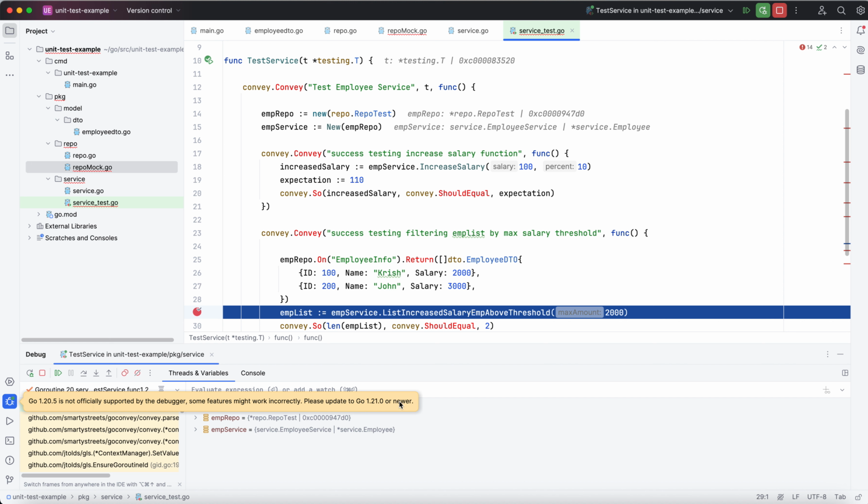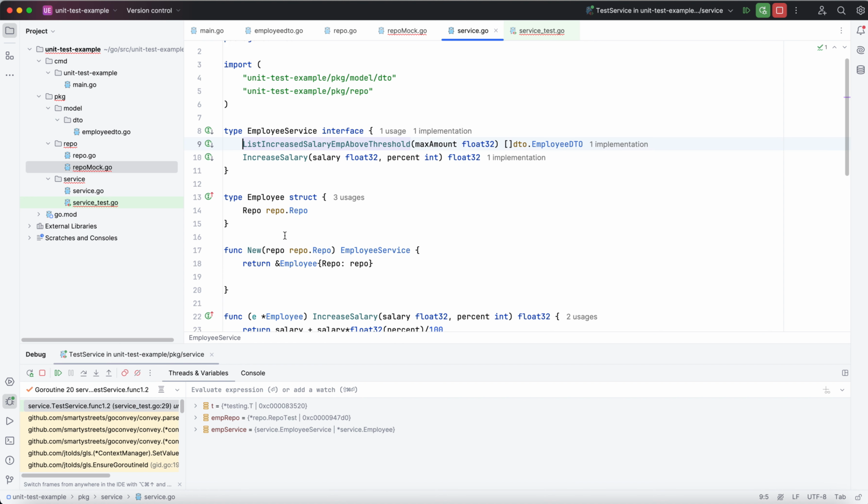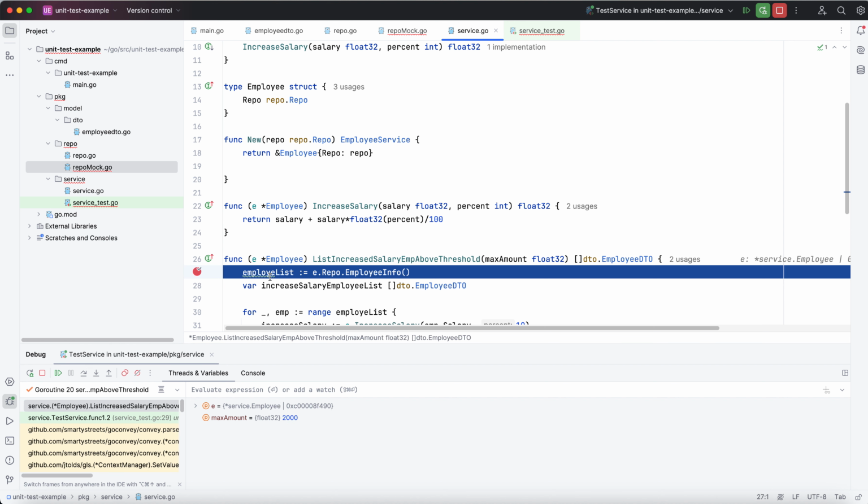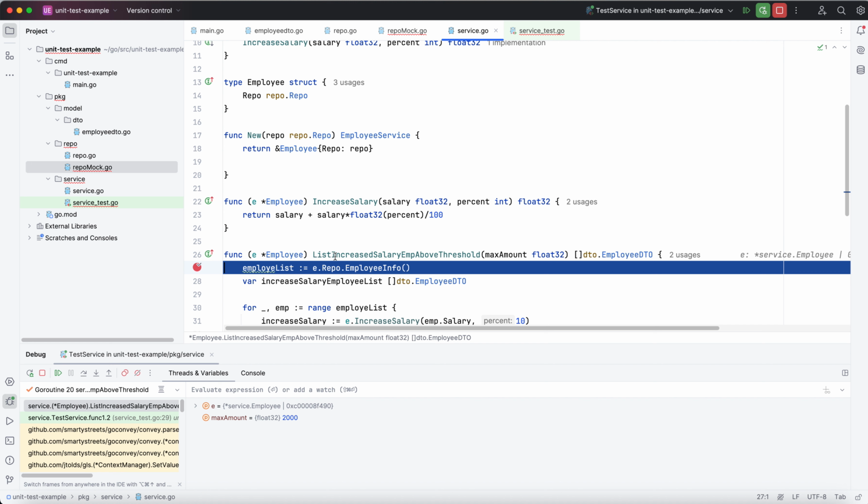Might work incorrectly, that's fine. Okay, I'll click next, or I want to go inside this, so just go inside, and it puts the debugger point here, because we know the control will come here. Go to the next, so we come here. So we are testing this function, and we come here, and when we go to the next step,